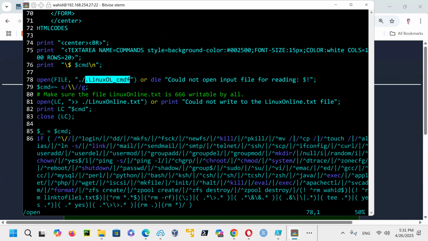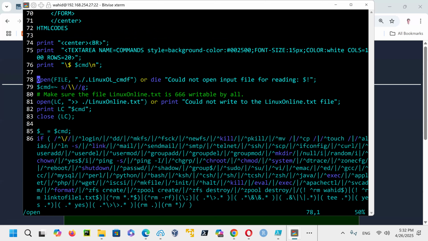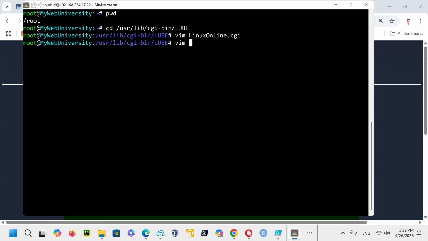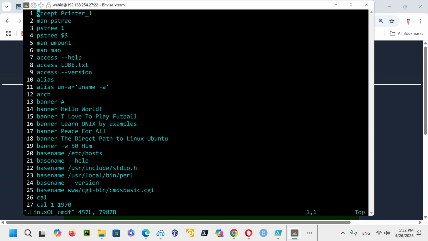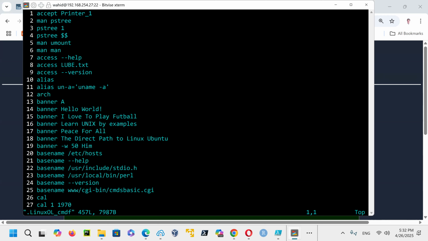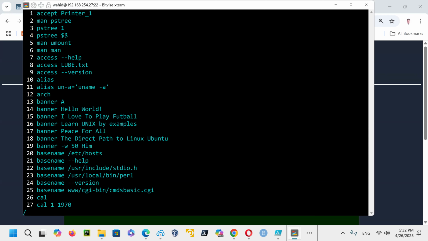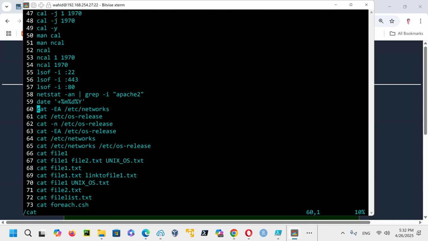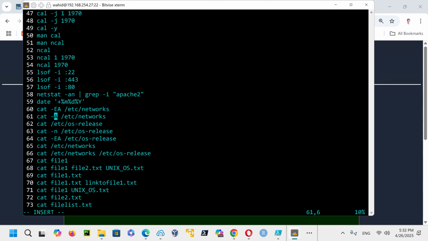So if I just open that one, quit here and say vim, this file, Linux online underscore CMD. I told you that all of the commands that I could allow or disallow might be on my flat files. So on this flat file, I'm going to modify the cat minus AE right here, and then just add an option of AE also.